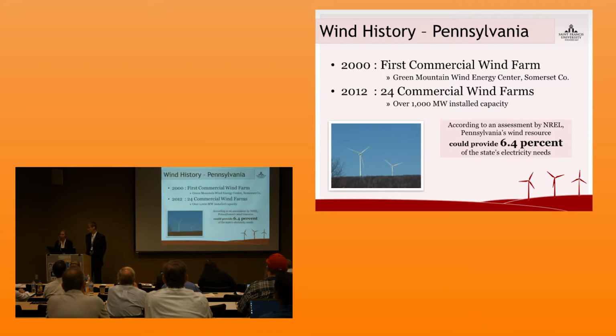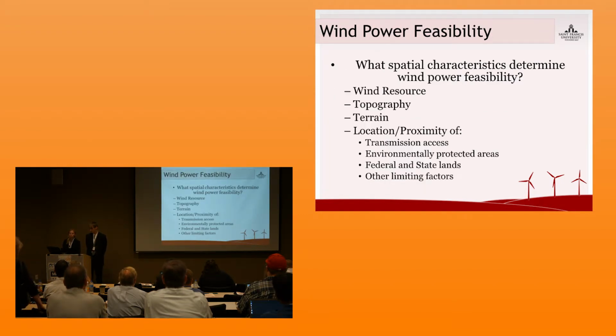until more recently. So Pennsylvania has been harvesting wind energy for utility scale electricity production since 2000, so 14 years now. We have 24 commercial operating wind farms with around 1,300 megawatts of installed capacity. And according to a recent NREL assessment, we think that wind energy could provide up to 6.4% of our state's electricity needs. So today we're going to talk mostly about wind farm development, and that's where we use GIS the